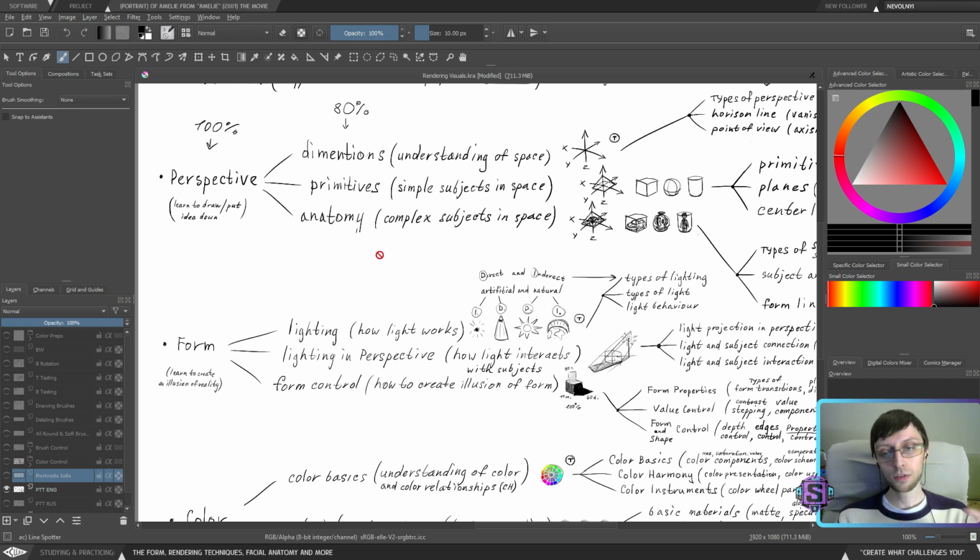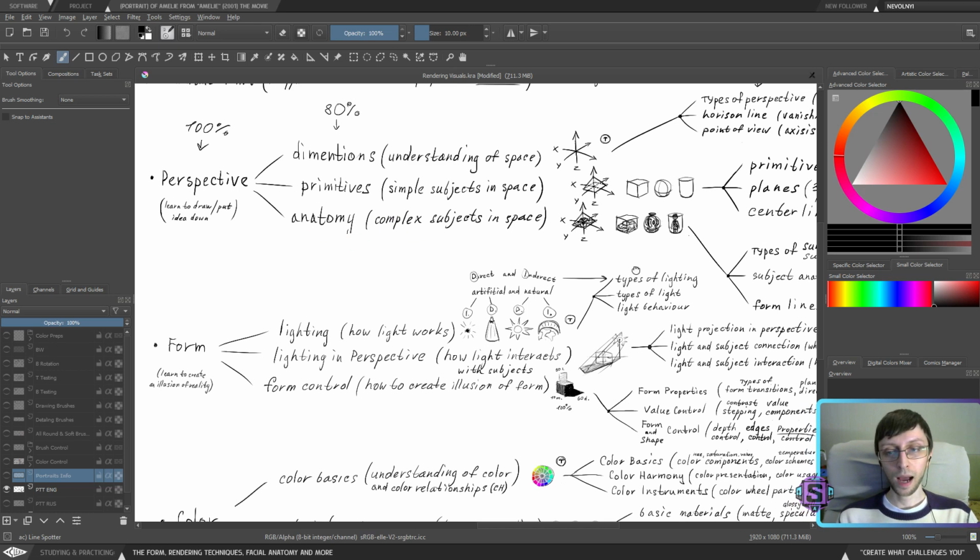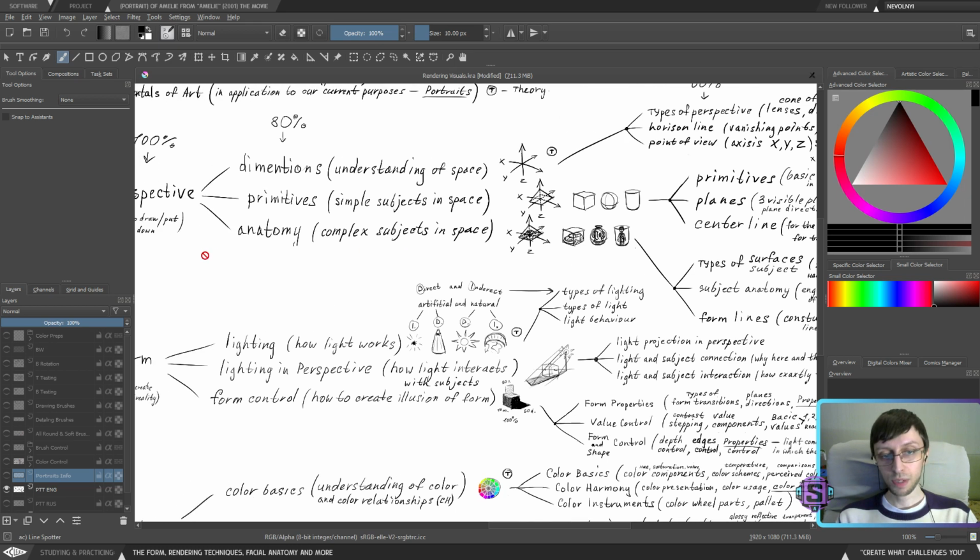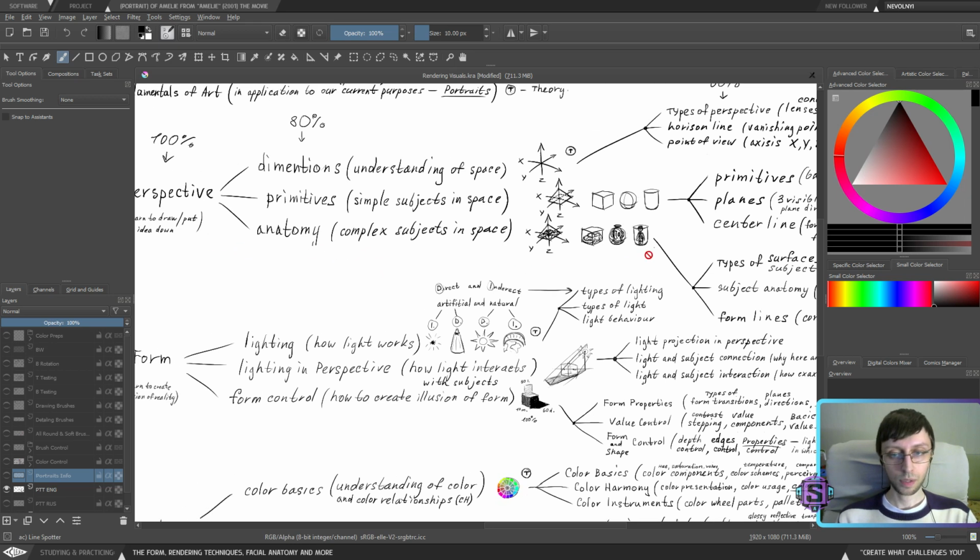So again, instead of just creating portraits aimlessly with no direction, you will start to understand what types of elements you need to cover while working with those portraits. For instance, for me, one of the main reasons is working with anatomy, and I will implement this reason of anatomy into working with portraits. So I'm not just going to create portraits aimlessly, I'm going to create them with a reason to study anatomy, and it will change my pipeline. It will change the way that I approach working with portraits.